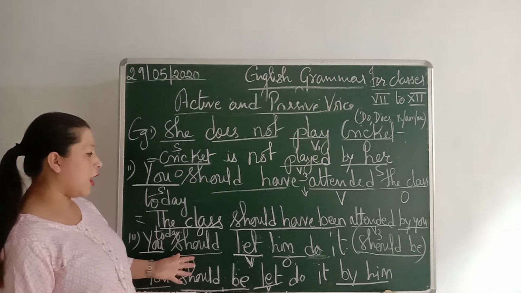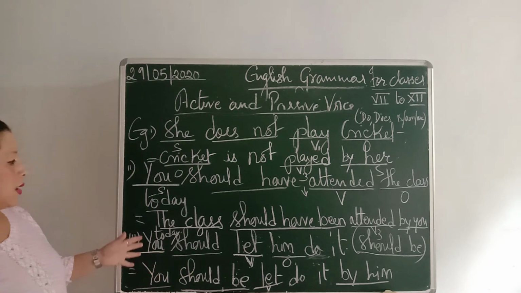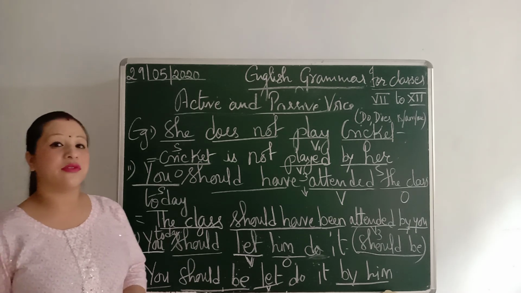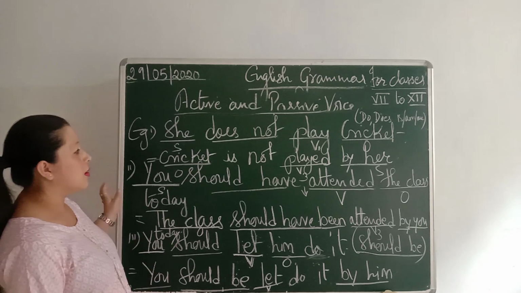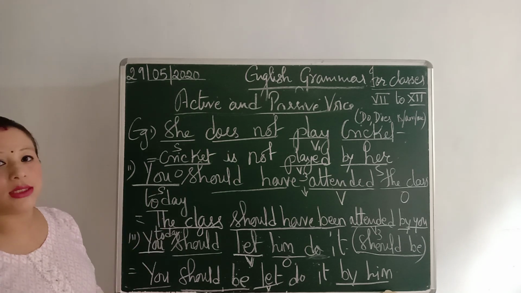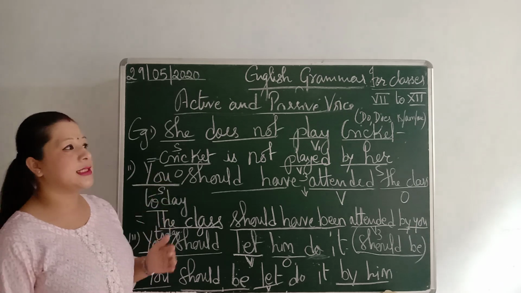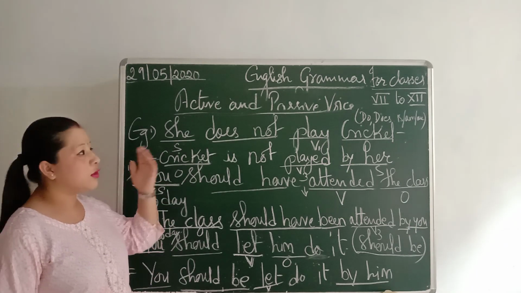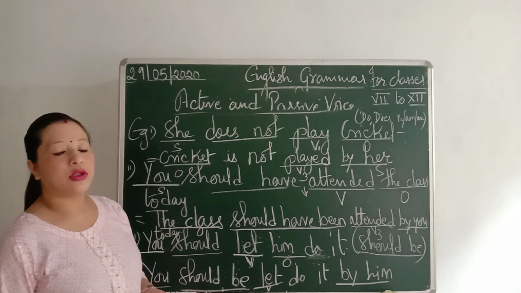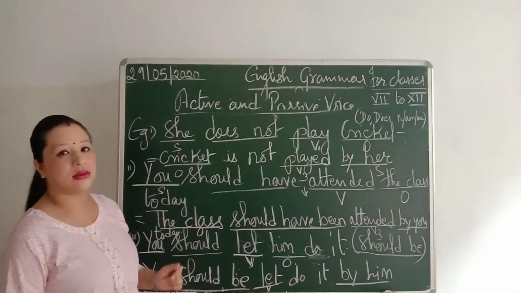Understood? So this is how you change active voice into passive voice based on different types of sentences, and how you use words like be, been and being after a modal word, and how you change the simple present tense into the simple past tense. Some of the rules, some of the formulas, important points I have already given you. You please note it down. It's very important. Thank you.